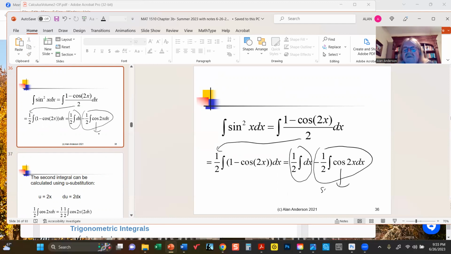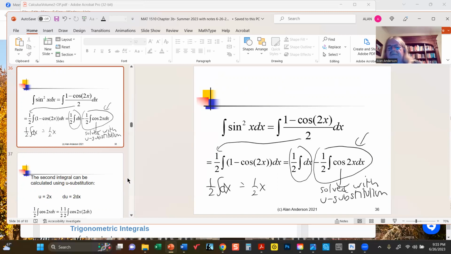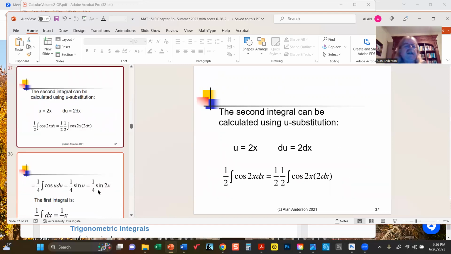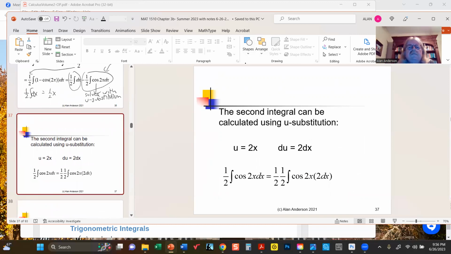This one can be solved with u substitution. The first one we don't have to worry about. It's easy. Okay. Clearly, this one is just going to wind up being 1/2 of x. It's this one we have to worry about. But it's not going to be too terribly complicated. So remember, it's negative 1/2 cosine 2x dx. So suppose we decide